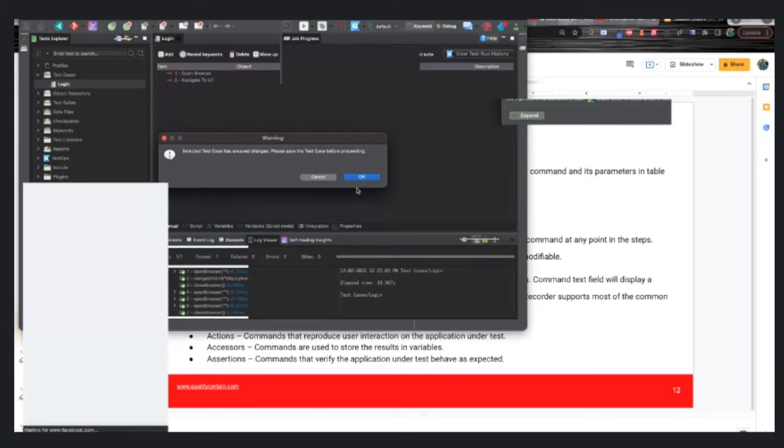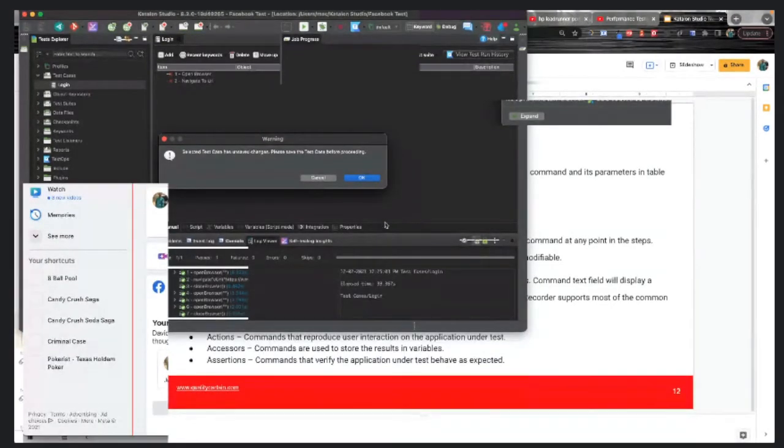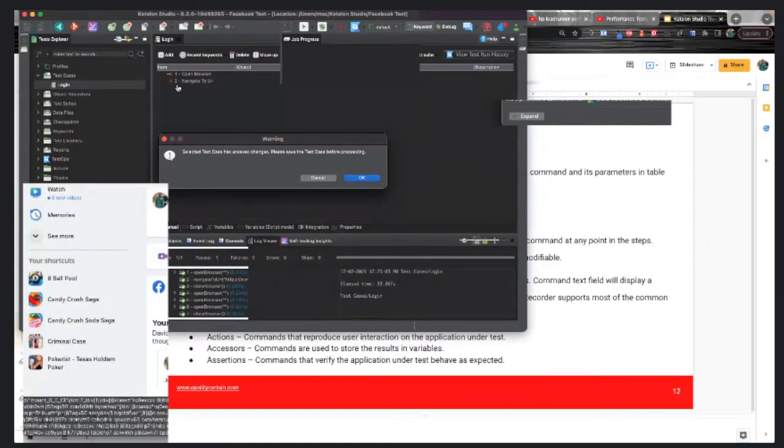So this is my login test, which I did. So let me log out. Click on log out. Once I'm done with my test, which is login, and I already logged out,